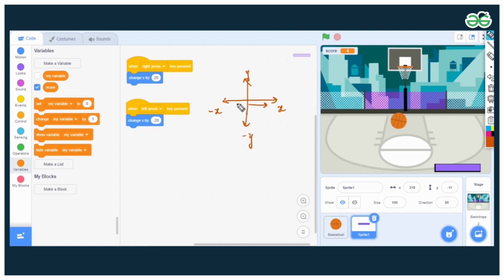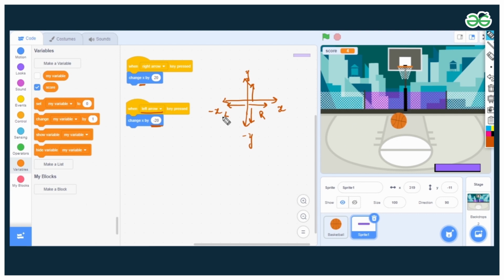Now if I want to go to the left side, I press the left arrow key and my x position should change by minus 20, so it goes in this direction. If I want to go up, I have to change the y position by some positive number. If I want to go down, I change the y position by some negative number.